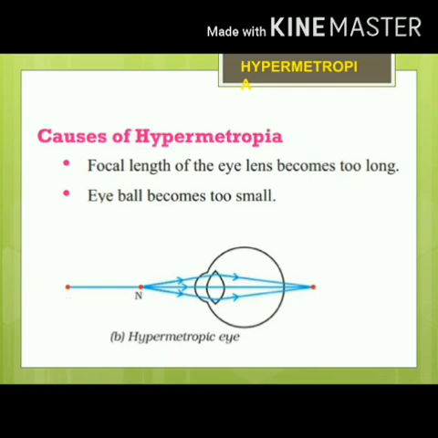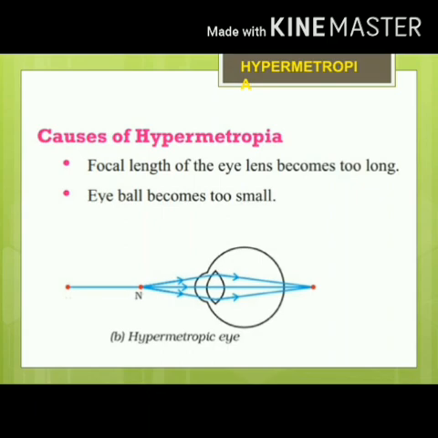So what can be the causes? The causes can be, one, the eyeball becomes small. If the eyeball has become small for any reason, and there can be many kinds of reasons, so that the eyeball is becoming smaller than the normal one, then the image is forming behind it, because the retina is shifting towards it. Now another is the focal length of the eye lens has become too long. If the focal length of the eye lens is increasing, then the image will be